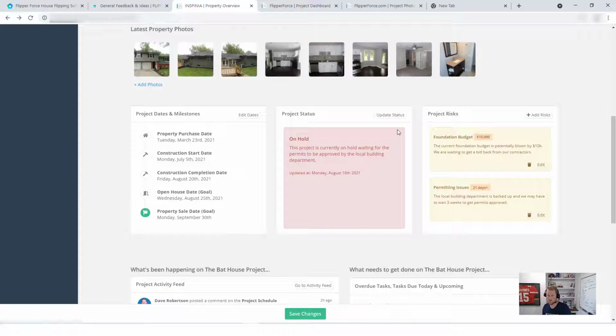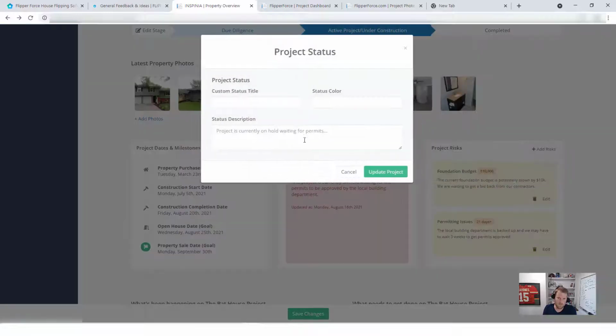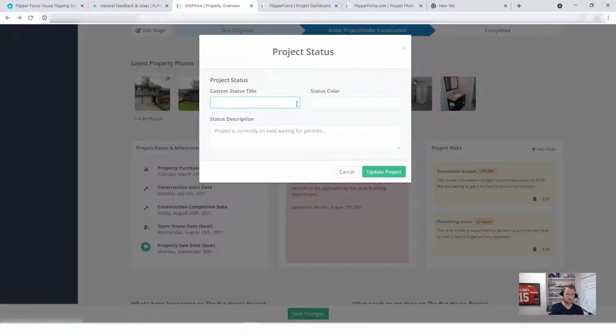Another request that we've been getting a lot is custom statuses and stuff like that. So the ability to add a custom status to a project. What we want to do with this is give you the ability to add your own tags, your own flags to the project. So you could say, you know, the project is on hold waiting for inspections. You could select some kind of status color, add a more detailed description here if you wanted to, and then